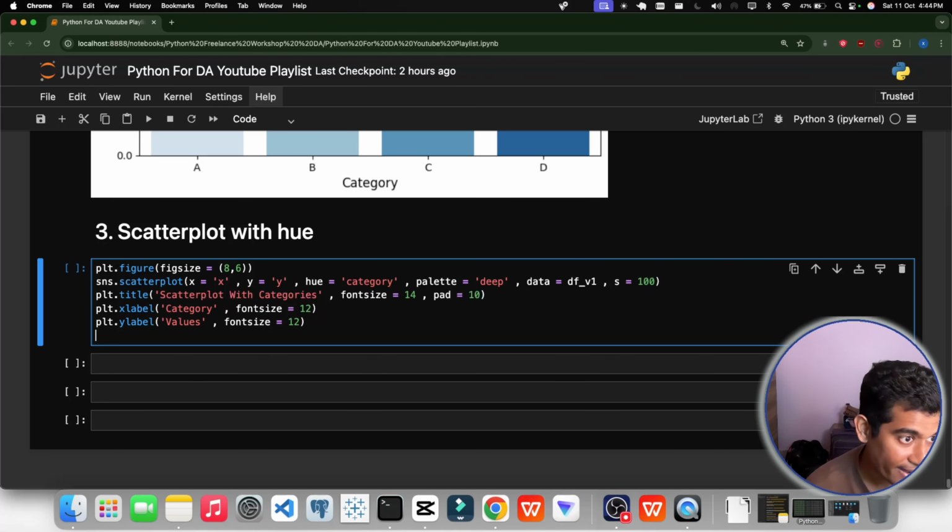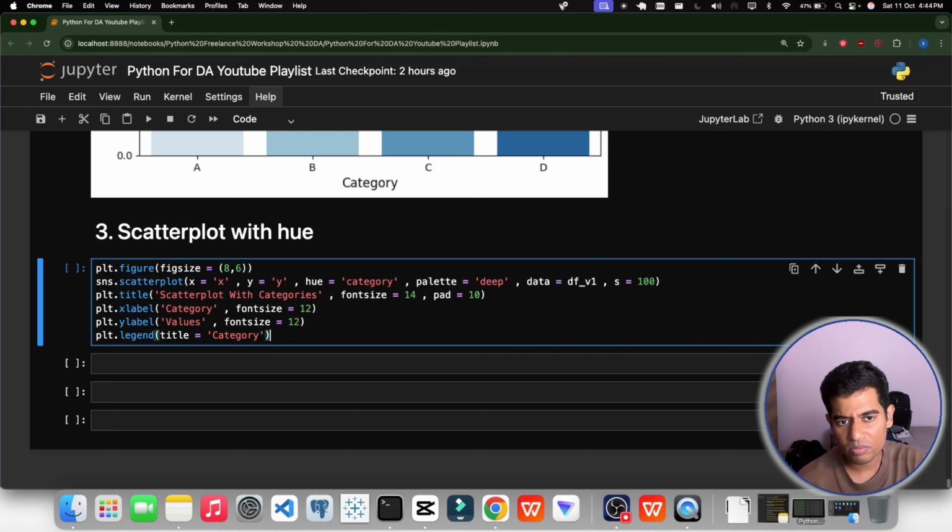Right now we will add a new thing that is called legend. So plt dot legend. Okay, is the spelling correct? Yeah. In this plt dot legend we will give title as category because we are customizing the legend title, that's why. I will explain what it is all about. Category. So plt.legend function, what it does, this function adds a legend and we customize the title with title category. Okay, so that is the work of legend.